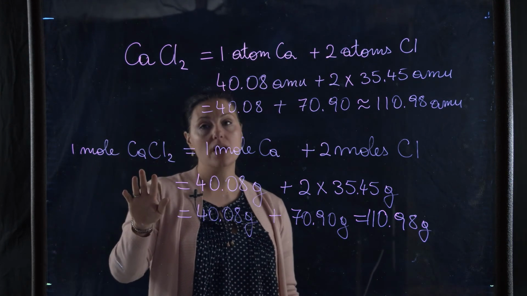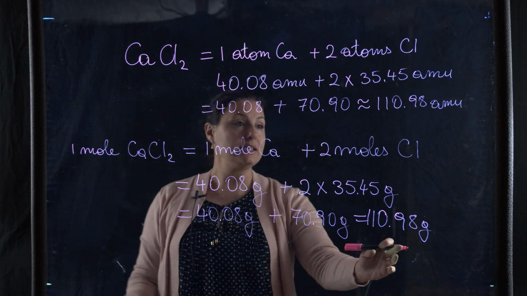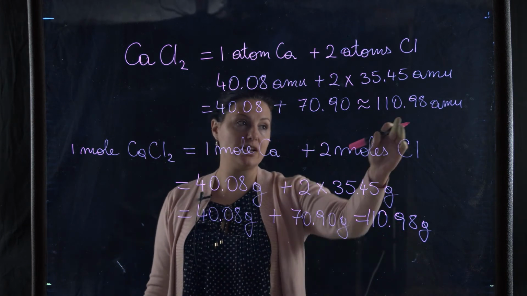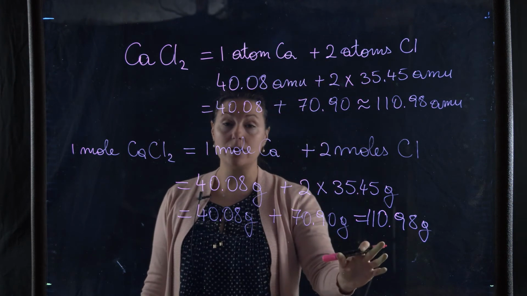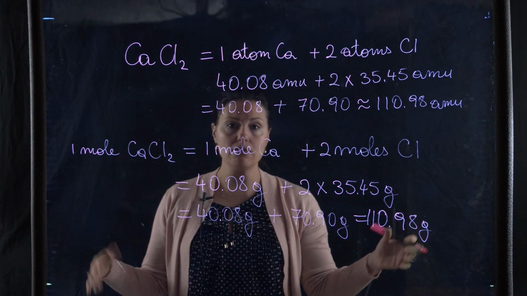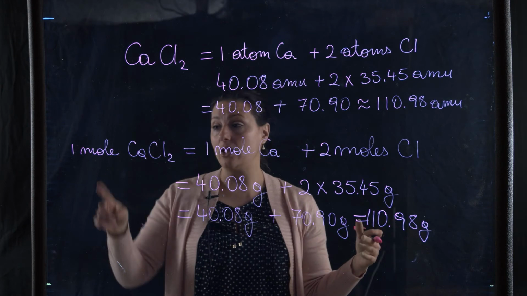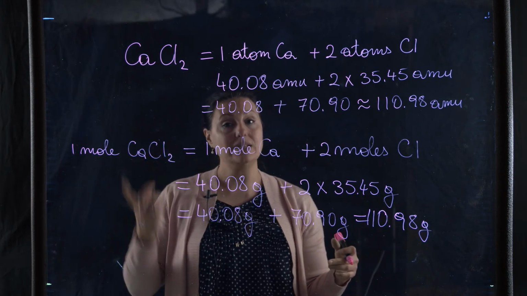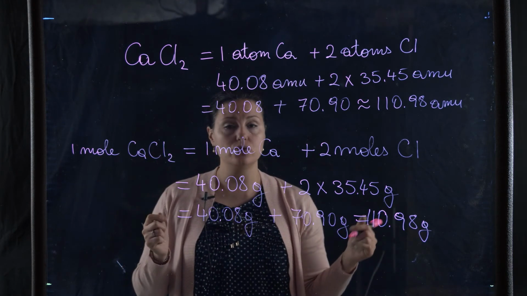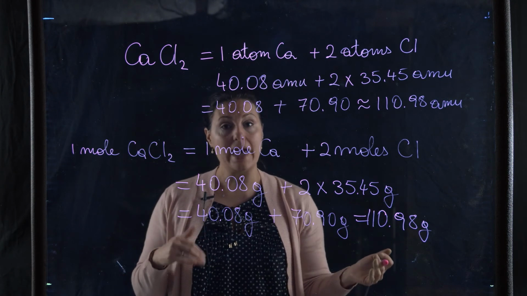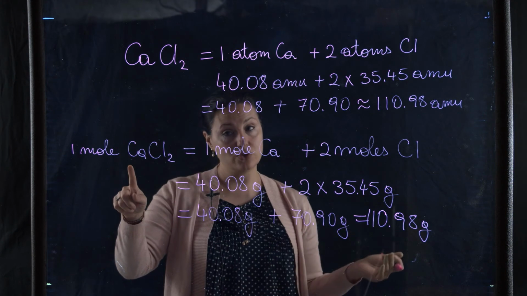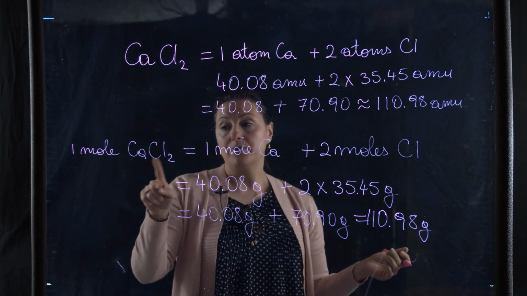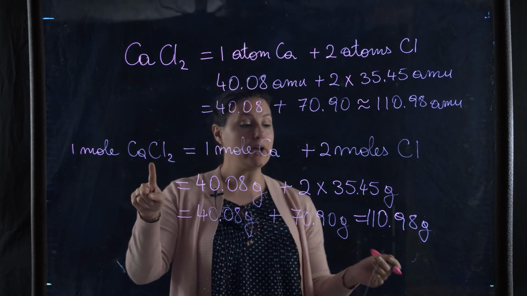Okay, this is on the very small scale, so I'm talking about 1 molecule here. 1 mole of the same molecule weighs the same, but instead of atomic mass units, because I'm dealing with atoms, here I'm dealing with a macro scale, a larger scale. 1 mole, remember, is 6.022 times 10 to the 23rd atoms or molecules. So 6.022 times 10 to the 23rd molecules of calcium chloride weigh